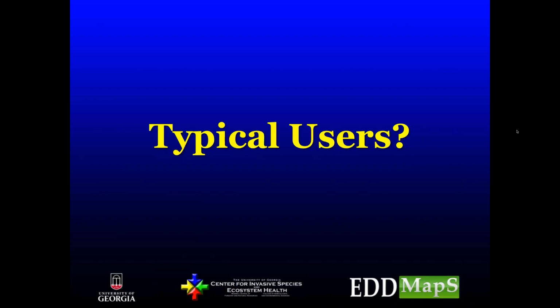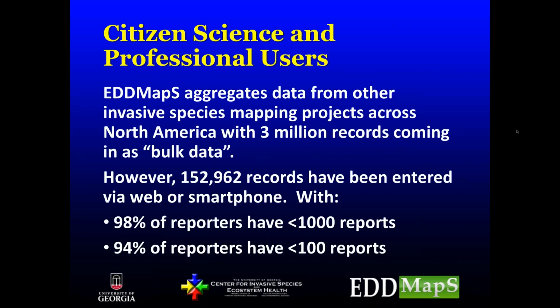We've done a lot of analysis on the data recently, and I wanted to touch on this briefly, on who the typical users are. Well, EDDMaps has over 3 million records, a lot of which come from bulk data sets that are pulled in, whether it be agency data or other databases that we share data with. But when you get down to the data coming in from smartphones or the website by individuals, there's about 152,000